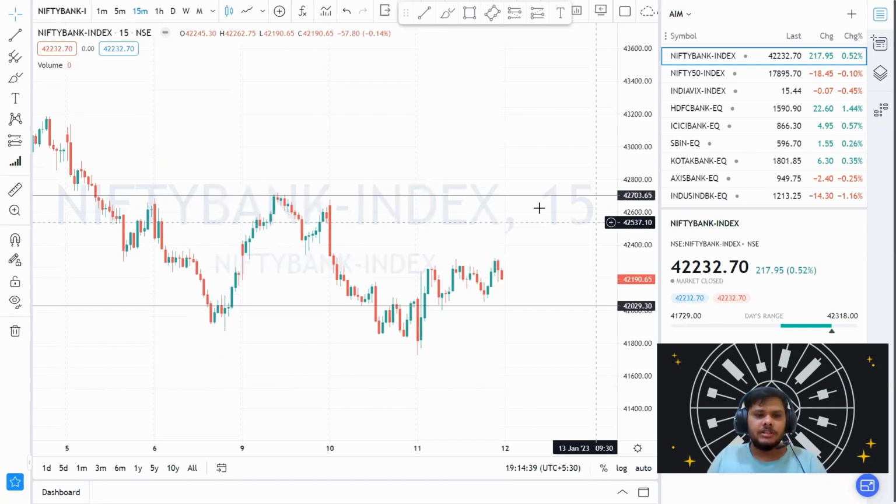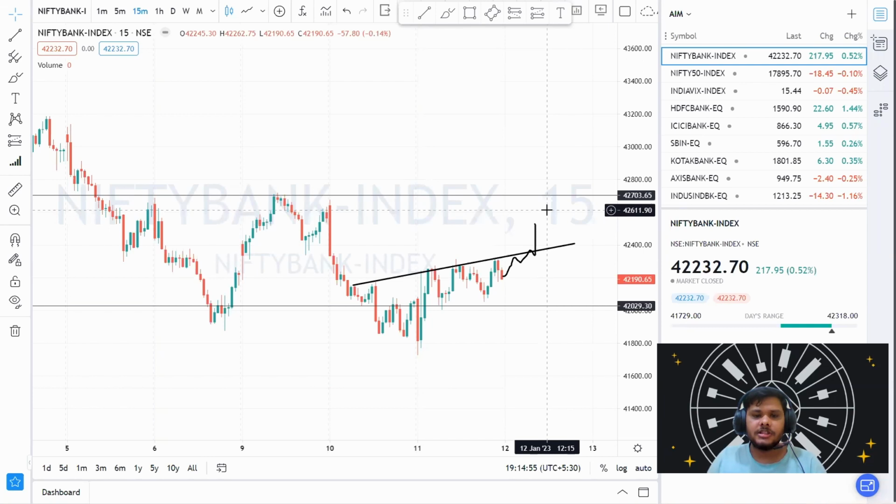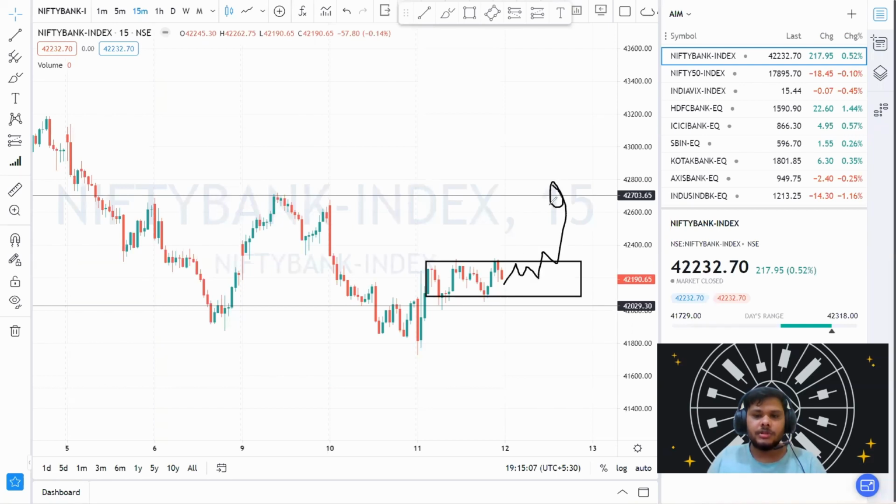In the 15-minute candle, you can clearly see that the market went sideways today, and it made a high around 42,300 level. My suggestion would be, let it close above that trend line, which is 42,300, and if it trades above that, then you can see some buying pressure here, and you can set your target to 42,500 first. Next target will be 42,650. And if it opens in between that range, which is 42,300 or 42,100, and if it closes above 42,300, as I said, you can take a trade for buying. And if it trades below 42,100 or the round level 42,000, then you can also take a trade for selling.